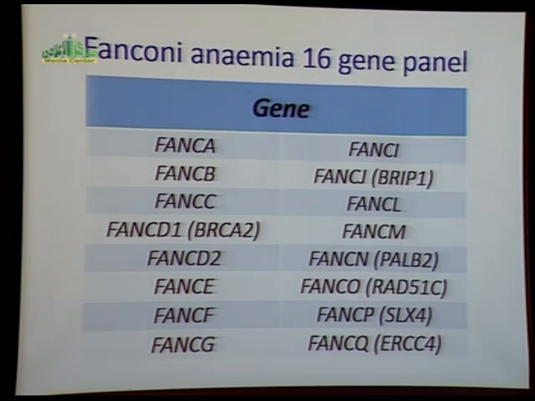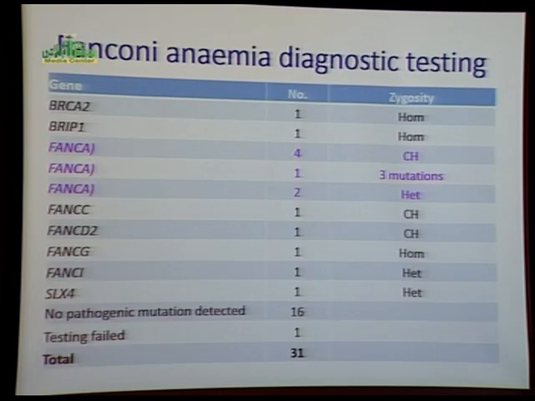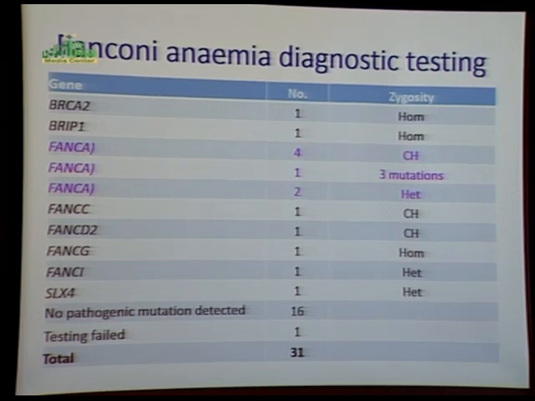This is the current list of the 16 genes that we analyse at the moment. And a number of these you may recognise as being associated with a cancer predisposition, such as the BRCA2 gene. This next slide summarises our findings to date using the next generation sequencing. So the majority of the mutations that we've identified are in the FANCA gene, which has a predominance of mutations for the disorder. But we've also identified mutations in a further 7 of the genes. The majority are homozygous or compound heterozygous individuals,